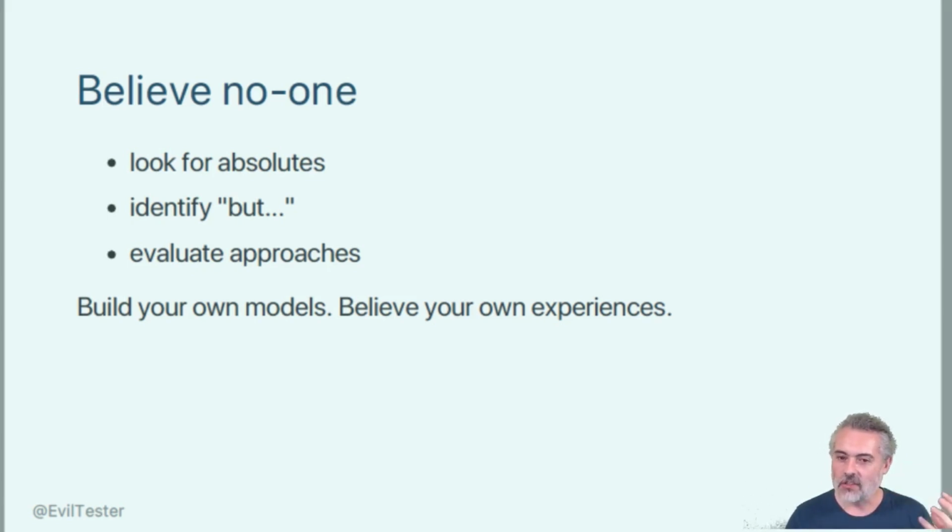So look for the exceptions. Look for the but moments. So if you say, we're automating through the GUI and someone says, well, you should never automate through the GUI, you go, well, but we don't have any other way to automate because we only have a GUI. We don't have an API. You have an exception in there. So then what you do is you look for people who are doing that, who are succeeding. Then you try and look for commonalities within their approaches.